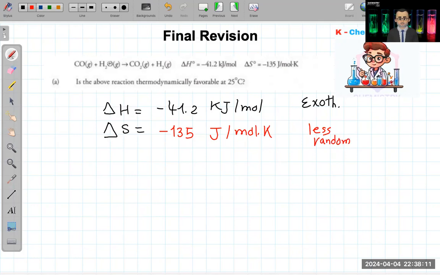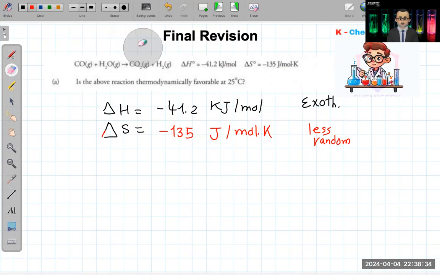That was gas, and this is gas and gas. How many moles here? There are 2 moles. And how many moles here? There are 2 moles. So it's difficult to explain this one related to the number of moles. That's why it's very important to get the delta S. In some cases, you cannot explain just by gases or liquids or solids into liquids or number of moles.